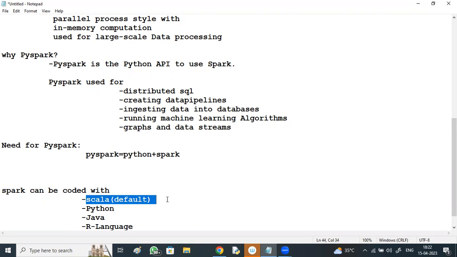In the years 2016, 17, 18, 19, there was a huge demand for Spark using the Scala language. But if you see the last 2-3 years, Spark with Python has got a great boom, and even job opportunities with Spark with Python have increased. Previously, only Scala was used. But you may ask why Python? Because Python has huge, powerful libraries, especially for machine learning, for streaming, and other things.